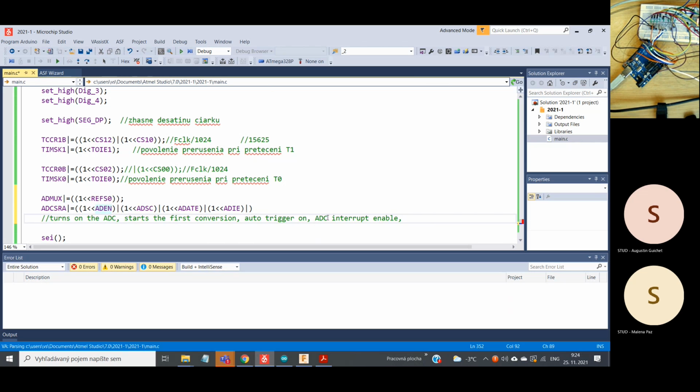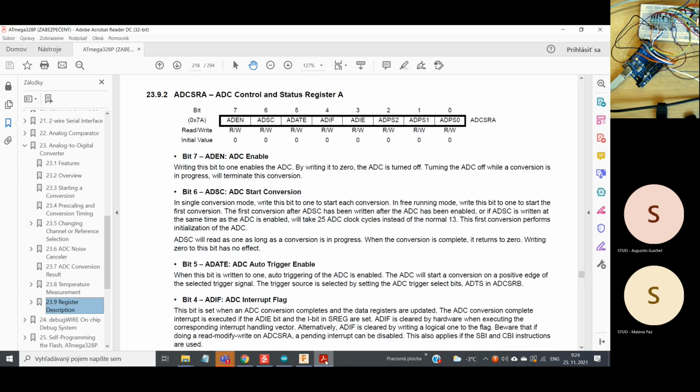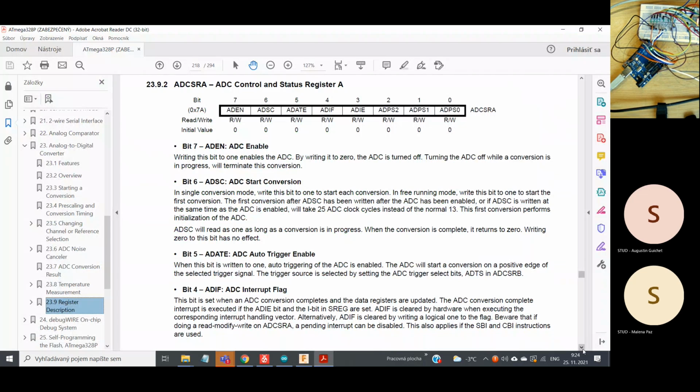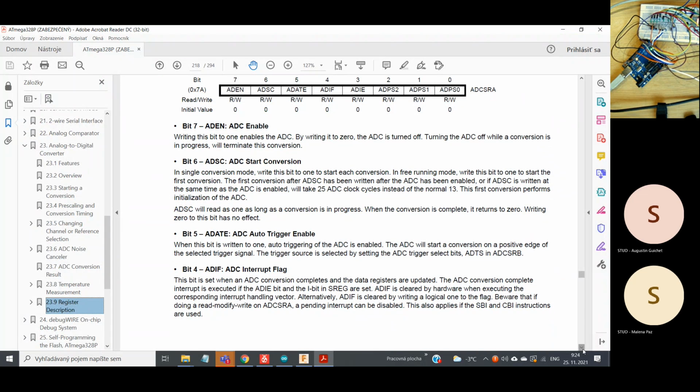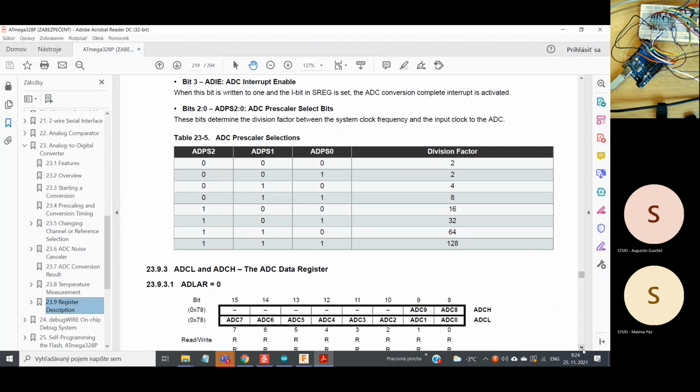It is interrupt enable. Do you understand it, or if you have some questions, we could stop and we could explain it more. The interrupt is on, and the last 3 bits are a division factor between the microcomputer clock and the ADC